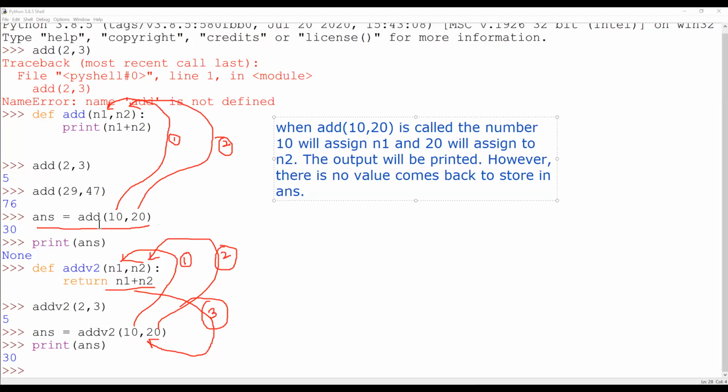So what it means here, when we call add 10 comma 20, 10 will pass to n1, 20 will pass to n2, and then here what has happened, it will add and it will print it. Nothing will come back, no value will come back. That's why when you try to print answer, you will get none, because no value is coming back. But the second one,